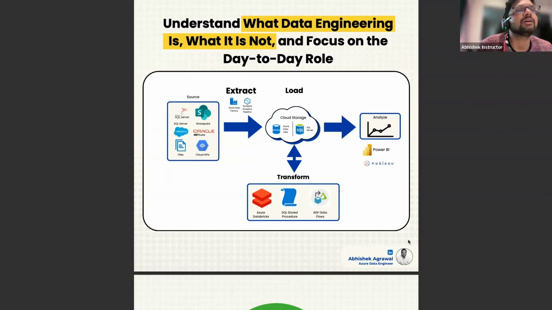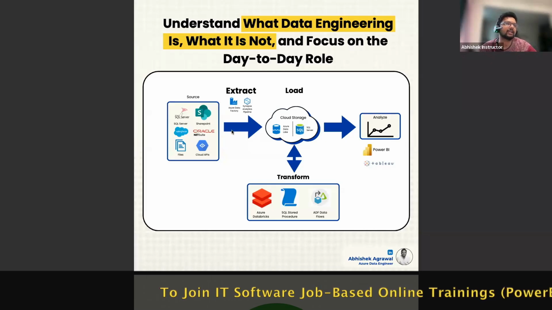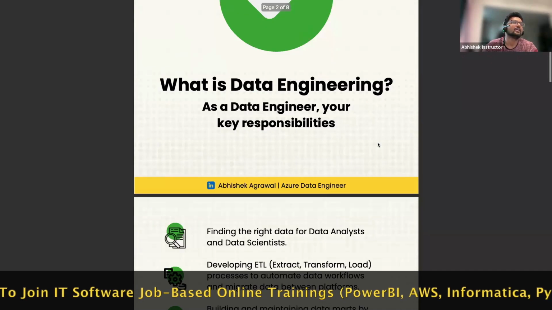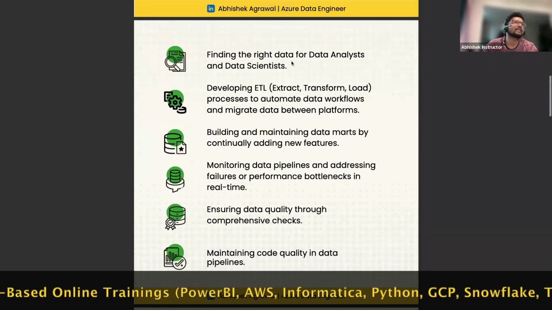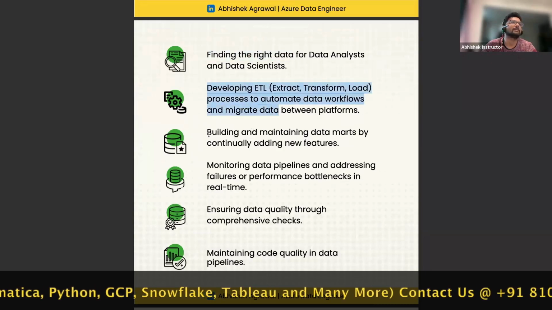And he will support the Power BI people to make charts. So suppose Power BI people say that, hey, I need this data and all of that. So the data engineer will support them. So what is the data engineer's task? The data engineer's task is to find the right data for data analysts and data scientists, develop an ETL pipeline, maintain the